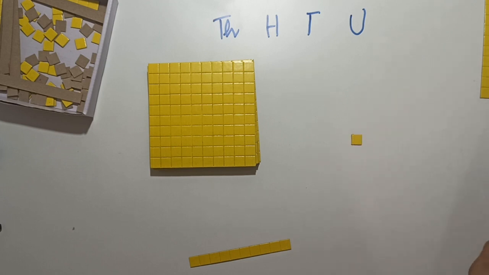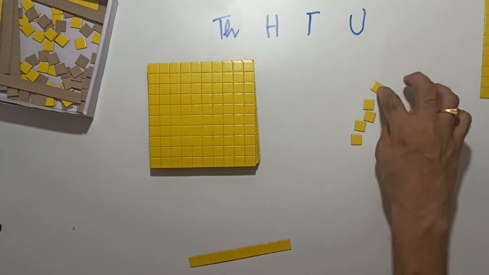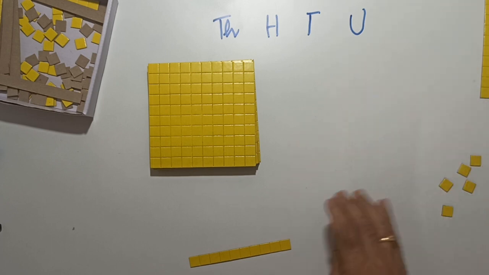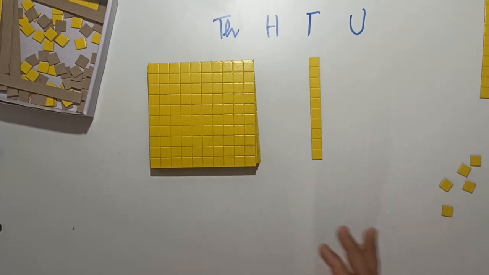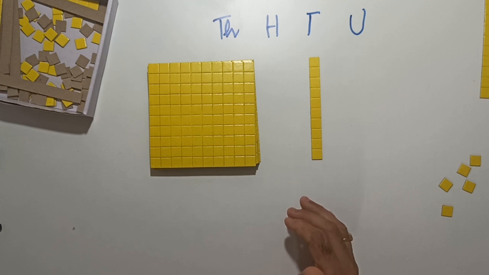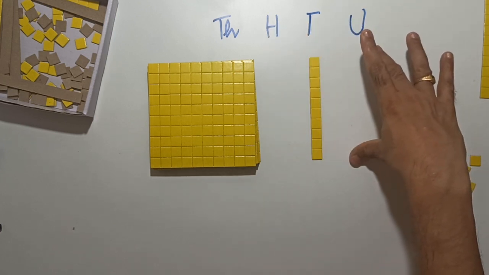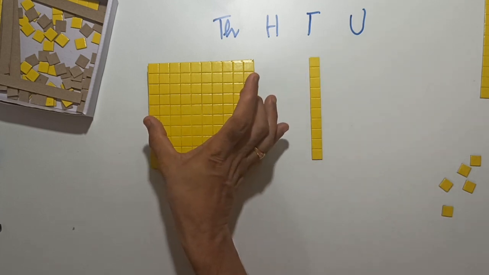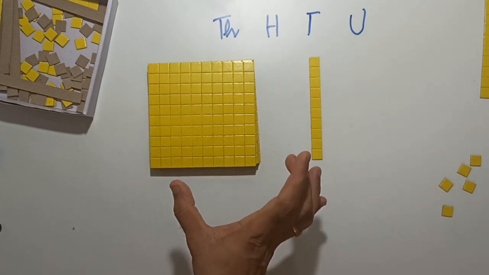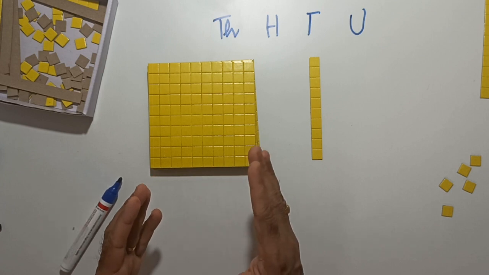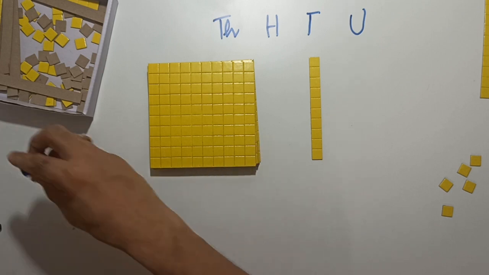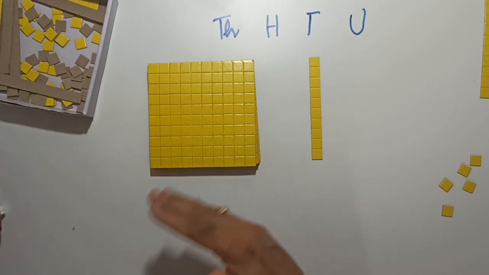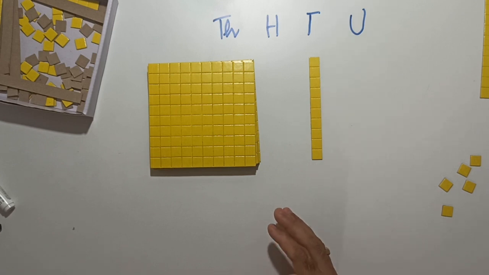I can continue to count 1001, 1002, 1003, 1004, 1005 and so on. It becomes 10, and again I replace it by 1 tens and so on. So the counting keeps growing. And the minute I get 999 again and I add 1, I get another 1000. So that becomes 2000. Then I get 3000, 4000, right? So this whole process becomes more and more cumbersome as we keep growing into larger numbers.